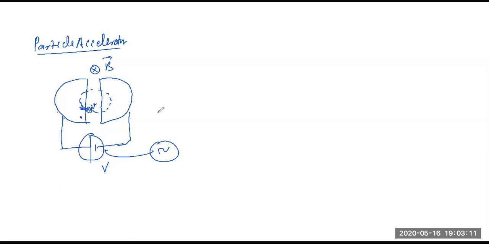Now, if you want to apply an electric field, there are two ways, right? You can put a DC signal over there and you can put an AC signal over there. So what is a DC signal? Can somebody tell what a DC signal is? Anyone? Direct current, alternating current, anything. I'm asking basics. What's direct current?